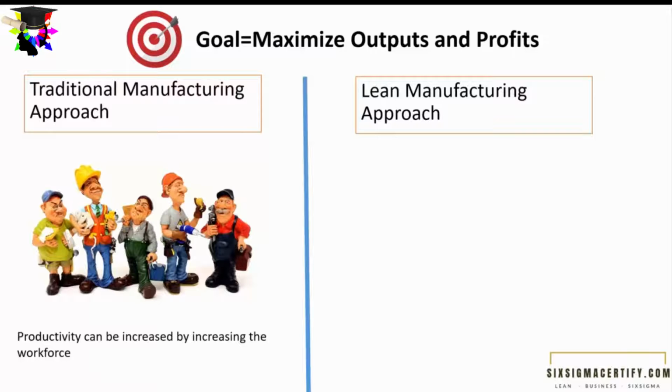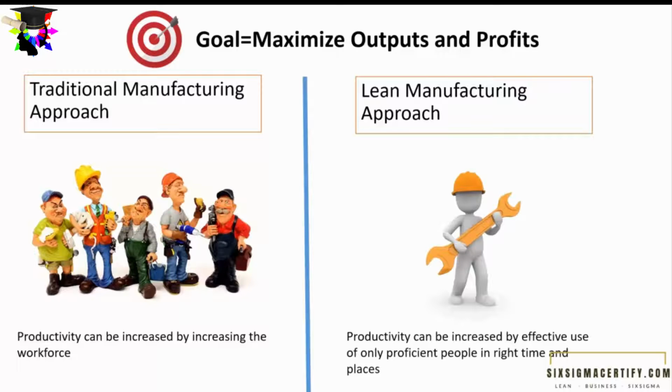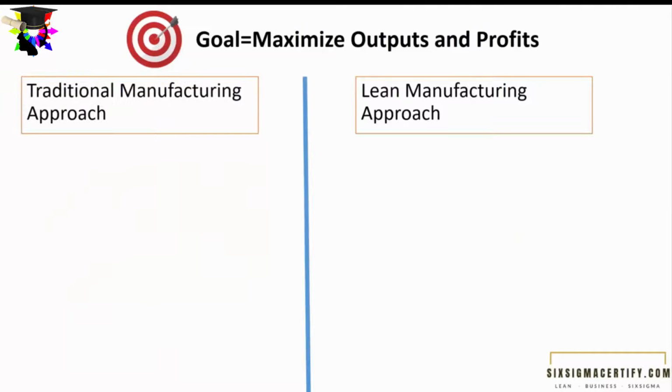In such a manufacturing approach, the workers may sit idle at some times and they may feel overburdened at other times. Also, addition of manpower has a direct effect on the cost of operation and profit of the company. The lean manufacturing approach, on the other hand, believes that productivity can be increased by effective use of only proficient people in right time and places. More than hiring a group of workers, lean believes in automation and standardization of the process. The second difference is,